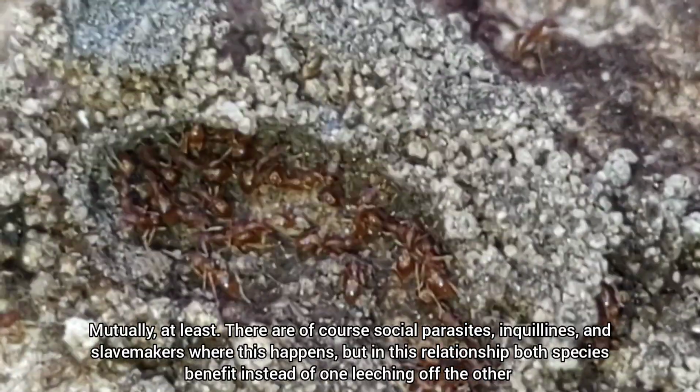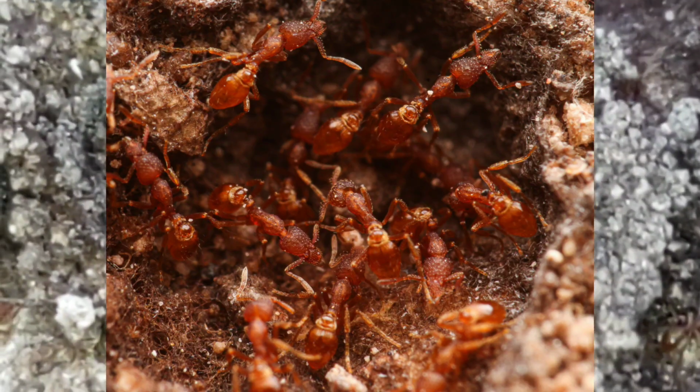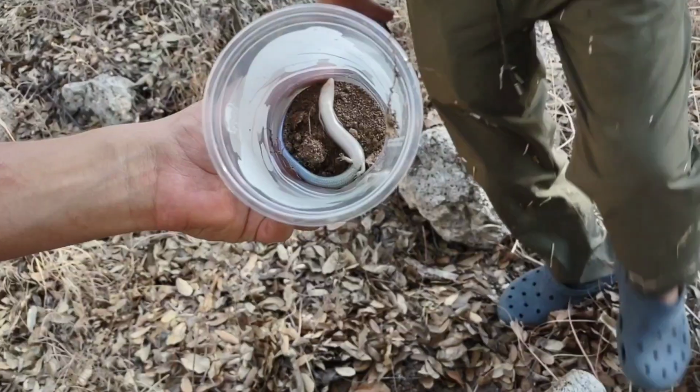I'll probably put a picture on the screen later because we got some good DSLR pictures. So I'll go ahead and put some of those up while I'm talking here. But yeah, there's the live trachy colony. Or Strumi. God, I keep saying... You know, you get the idea. Set up like a little...